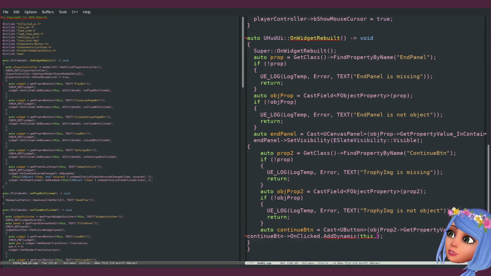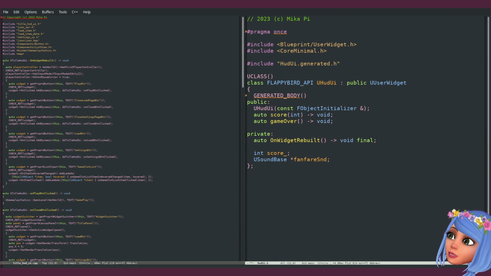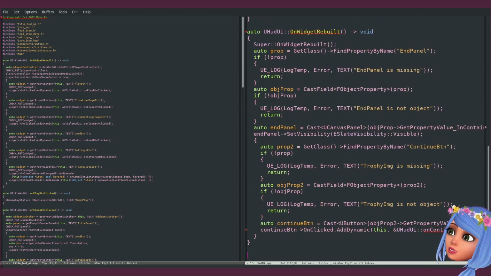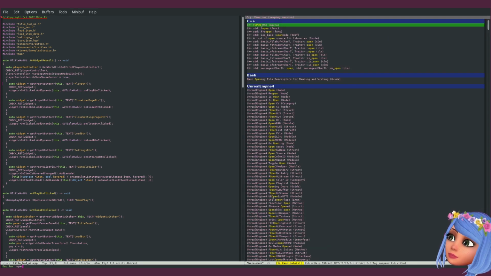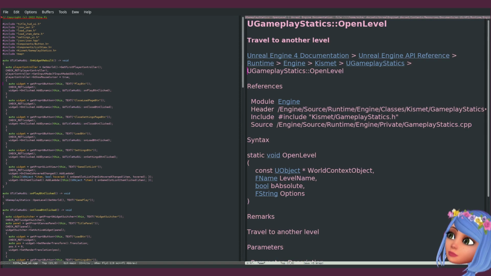That's okay. HUD UI on continue, and void on continue, which I think I should mark as a UFUNCTION. Now add UHUDUI on continue, and open level by name.